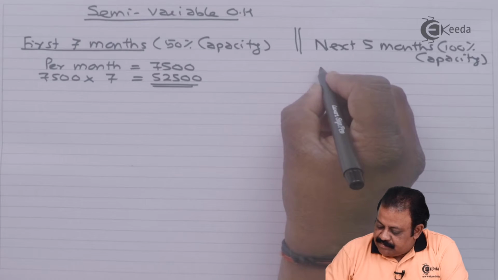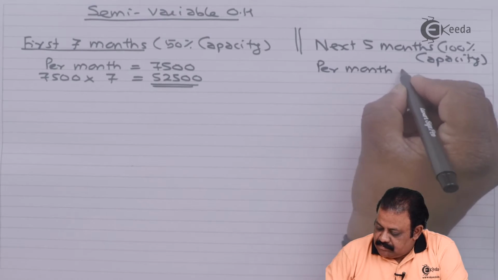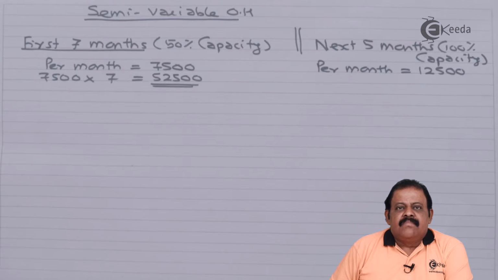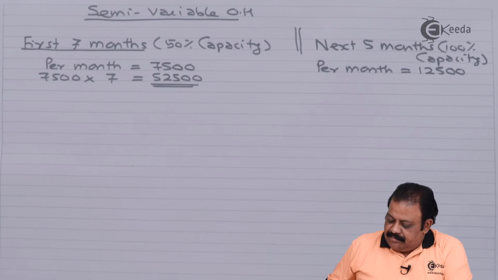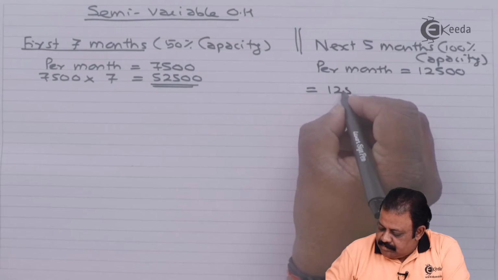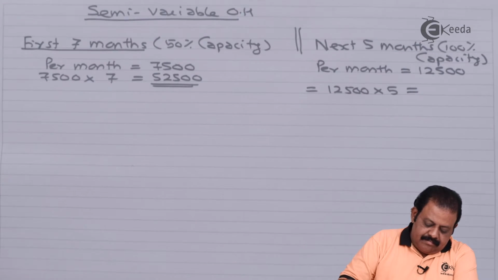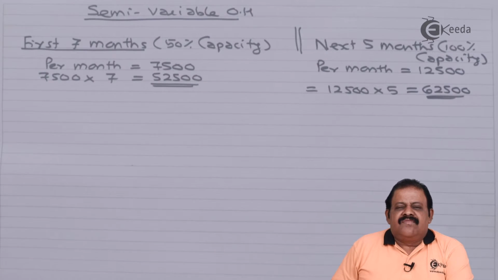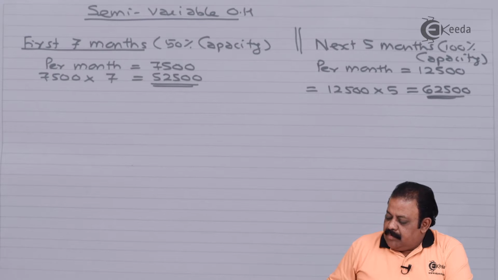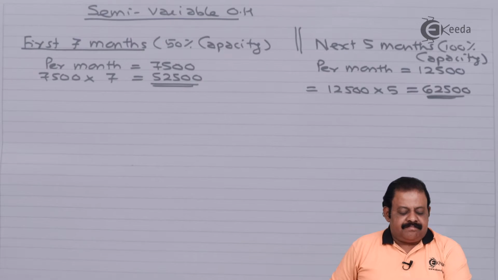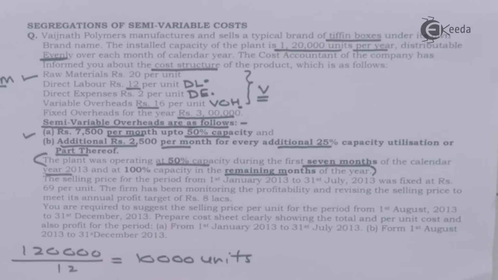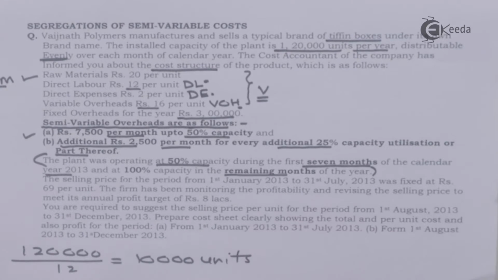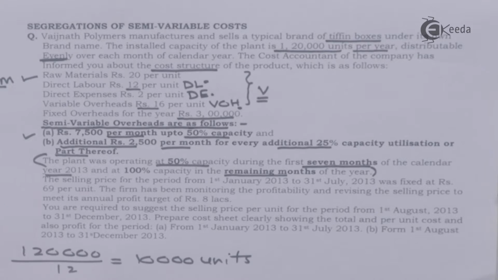Next 5 months, due to 100% capacity utilization, it will be 12,500 per month. 12,500 multiplied by 5 months, it will be 62,500. The selling price for the period from 1st January 2013 up to 31st July, that is the first 7 months,